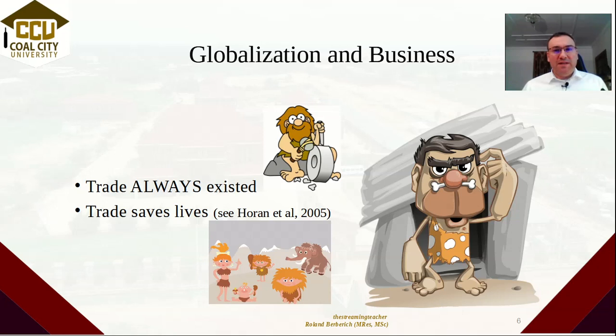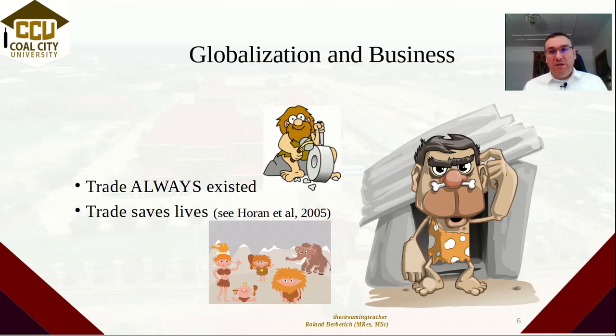It is important to understand that trade has always existed. When we go back to the Neanderthals, or even further back when we lived in caves, we quickly realized that the people in the other cave next to us have nice things too. And it is better for us if we don't go to their cave, knock something over their head and steal their stuff. We can only do that one time. It is better if we go to them and say, we give you this, you give us that, and start trading things that we need.